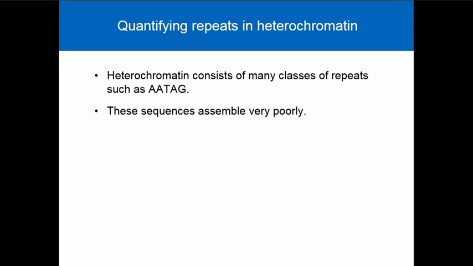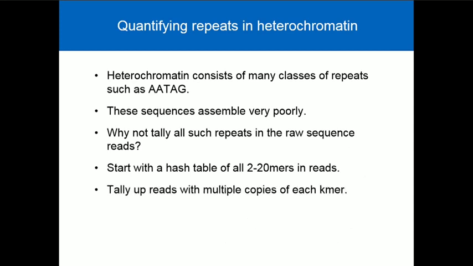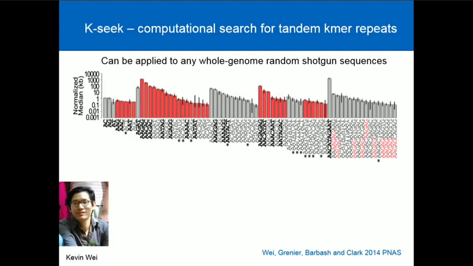And so the trick is actually very, very simple. It's just to take these sequences, one read at a time, and tally their features. And the features that you do are just make a hash table of all K-mers, all words from length 2 to 20, and you end up with then counts of AATAG. This read has 5, this one has none, this one has none, this one has 10, and so forth. And you end up kind of with a fingerprint, a composition based on counts of reads in each of those different classes. And it ends up looking like this, that fingerprint I described.